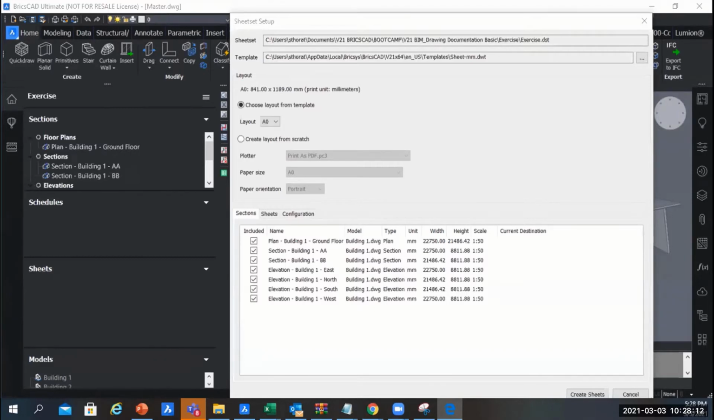The dialog consists of 4 parts. The info at the top, which is this, that you will see the path. For example, the path where the sheet set is, and the path where the drawing template is taken. If you choose a layout from a template, it will look to the template which you set under the